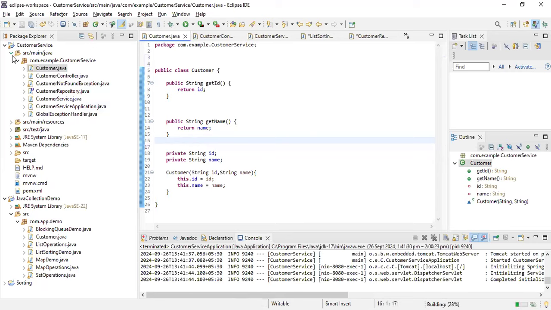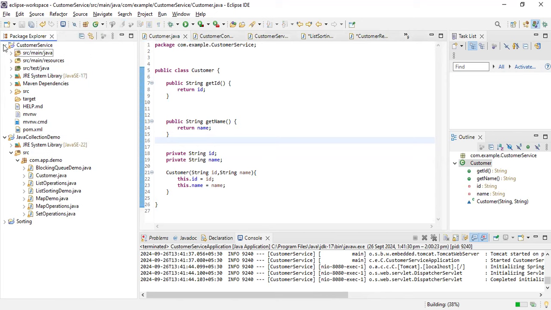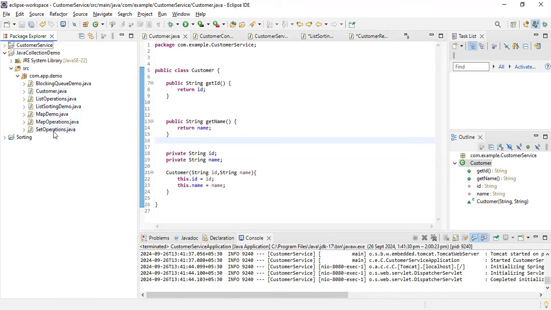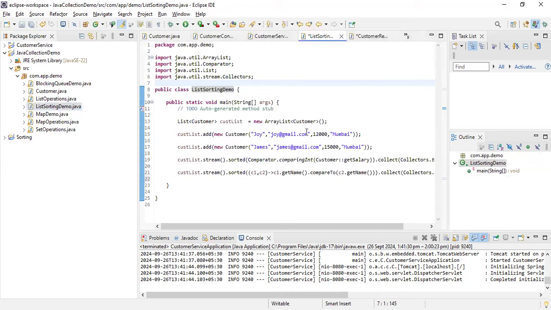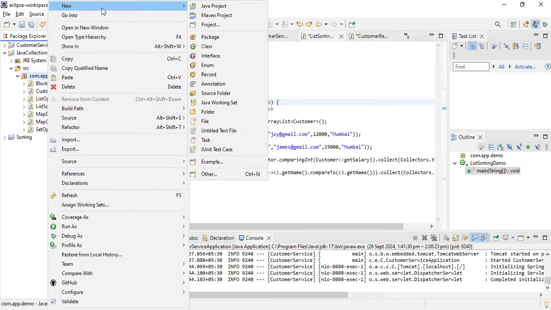Here, I have already created some sample code, right? And maybe I will share it with you also so that you can also see. So now, let's say if you wanted to do sorting, first let's start with how we can create a stream, right? So the first thing is, what are the different types of streams, right?